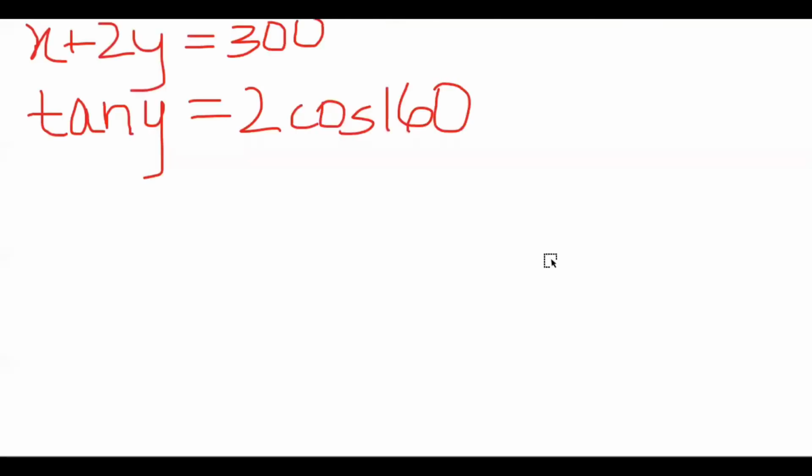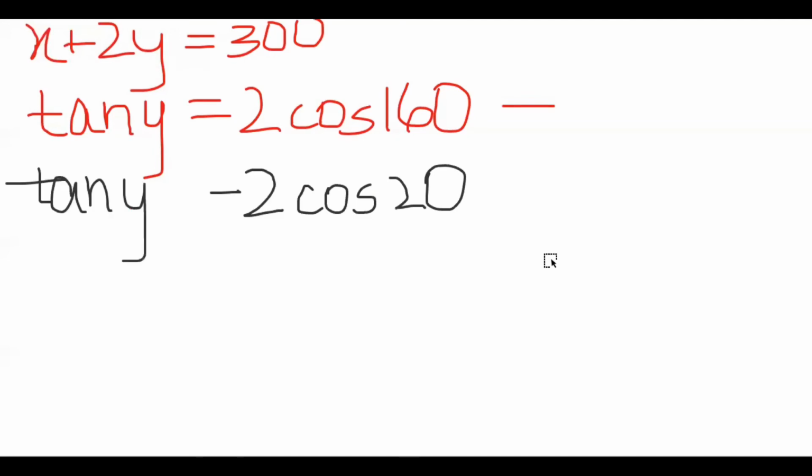Okay, so the last question we'll be doing is: positive angles x and y are such that x plus 2y is equal to 300 degrees and tan y is equal to 2 cos 160 degrees. Find the values of x and y. Now, these are the two equations that have been given to us, and when we need to find the values of x and y, we can convert this equation into the form tan y is equal to k. So we can directly find the value of 2 cos 160 from the calculator, or an alternative step can be that we convert it to negative 2 cos 20 using the identity and then find the value. It won't make any difference.